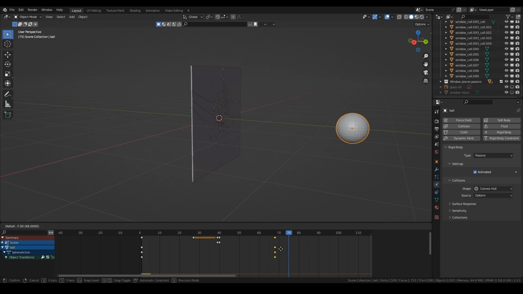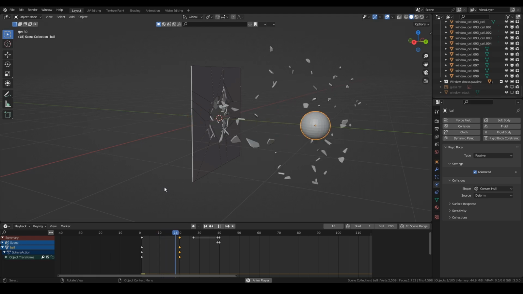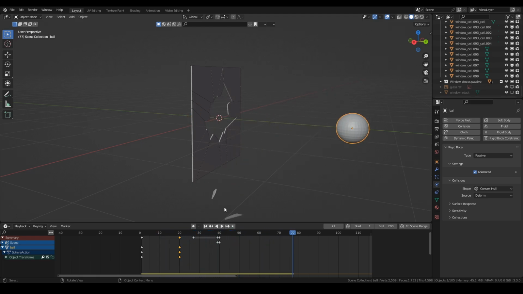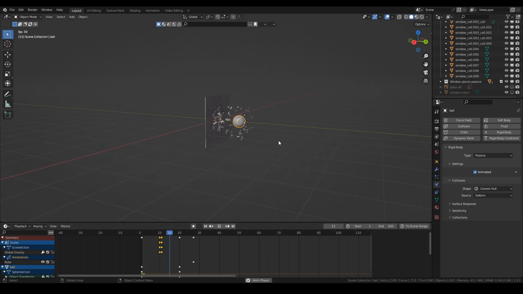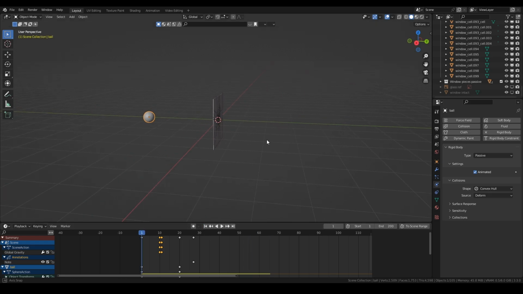Oh, whoops. Okay. Put that on 20. Let's see how that goes. There we go. All right. But now I just need to adjust my gravity. When does the ball make contact? About that point. So I need to bring my gravity keyframe, which is this one, back to here. Right. There we go. And the ball suddenly stops in a very strange way. But yeah, anyway, bang. Okay, so that's how we break a window, but